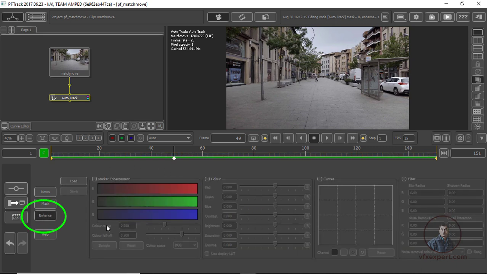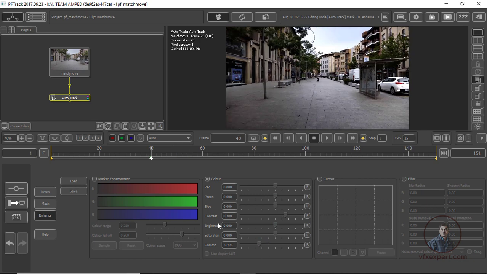Now here you will see there are so many options, maybe marker enhancement, color enhancement, maybe curve enhancement. So you can use any one. Okay, so I am going to use only color enhancement. Now simply check this one. Now downside you will adjust your contrast a little bit. Okay, now I am going to adjust the contrast values a little, then reduce the gamma value a little. I think this is sufficient. Okay, now after this simply click on enhancement again.